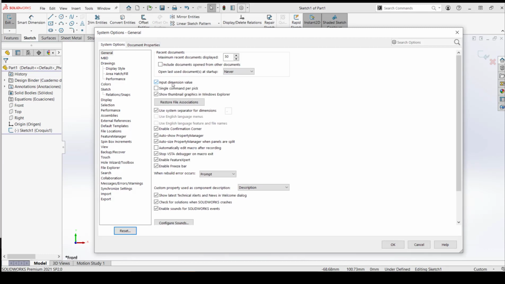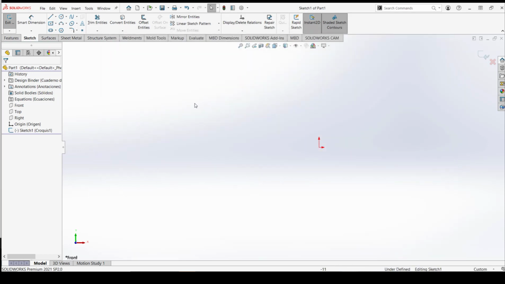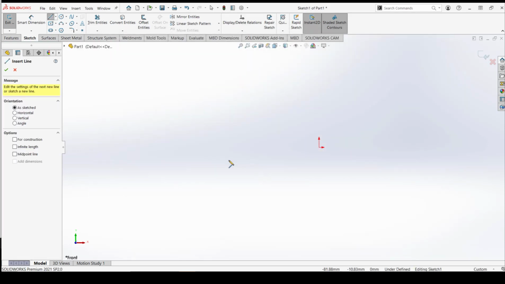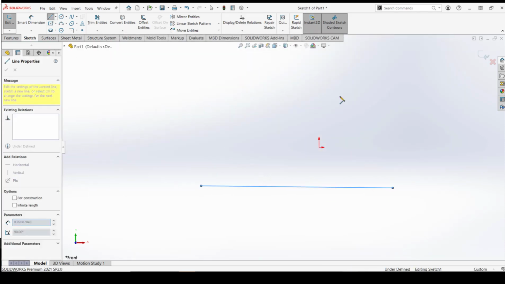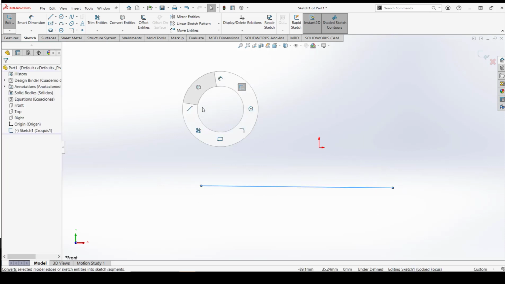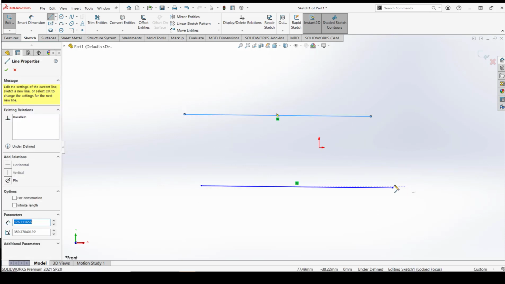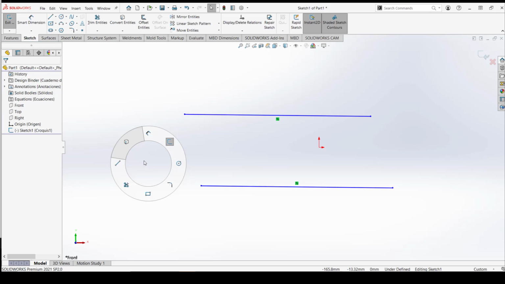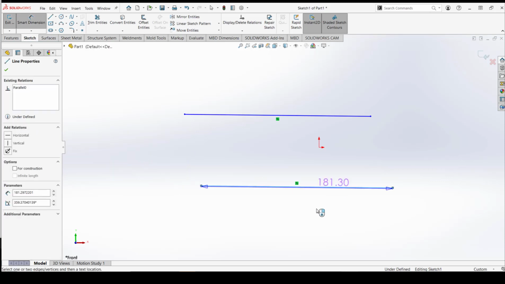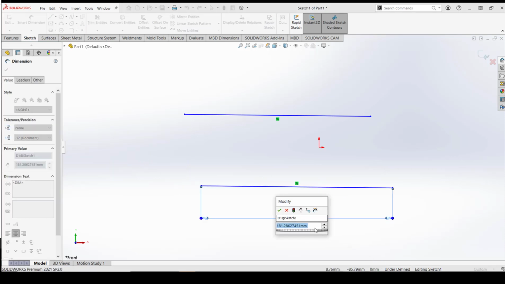Because what that does, let's go ahead and make a couple lines here. And if I go to dimension these lines, this is what SOLIDWORKS usually does. I click and then this modify box pops up and then I can type in my dimension and be done, right?